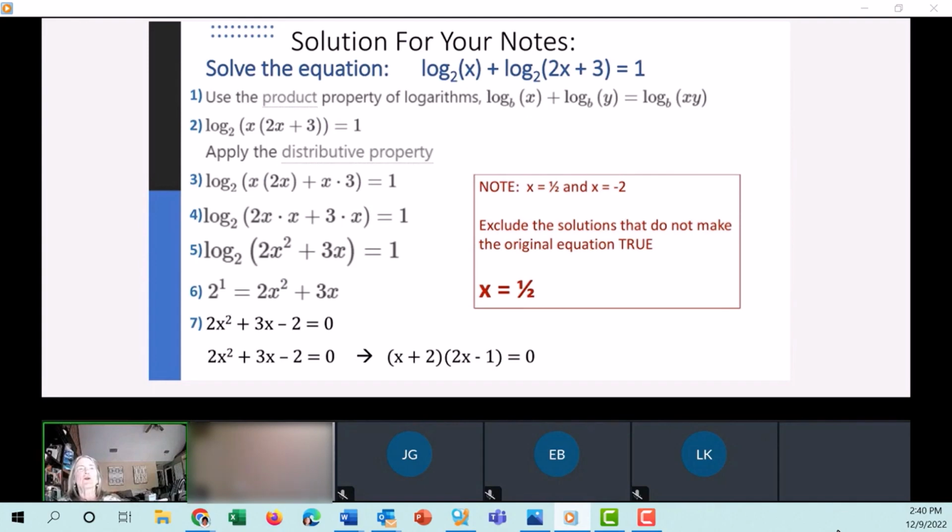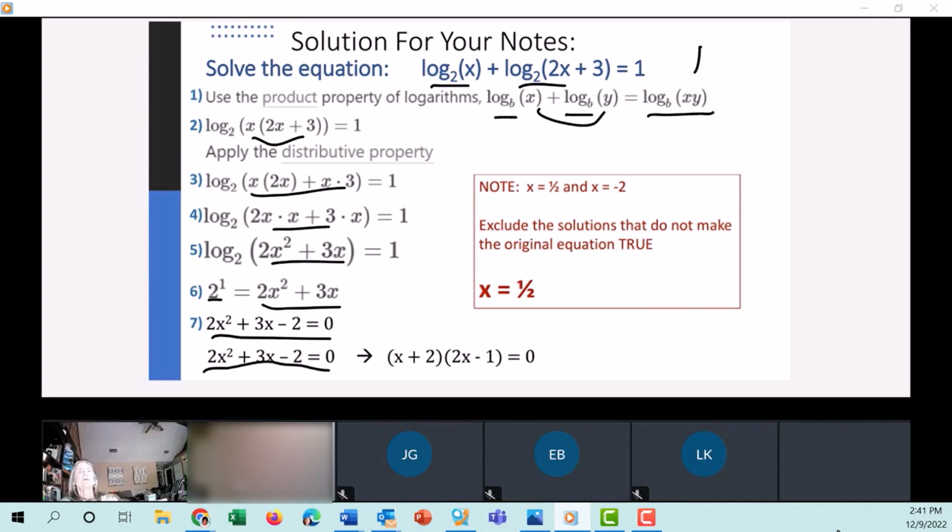So here's the solution for your notes. We took the same log base b, which means that we can multiply those expressions. This is what we did right here. We applied the distributive property and we got this. 2 to the first power is equal to 2x squared plus 3x. 2x squared plus 3x minus 2 equals 0. That's what we factored. And then we have two solutions, but we have to toss the negative solution. Again, I'll have all of that